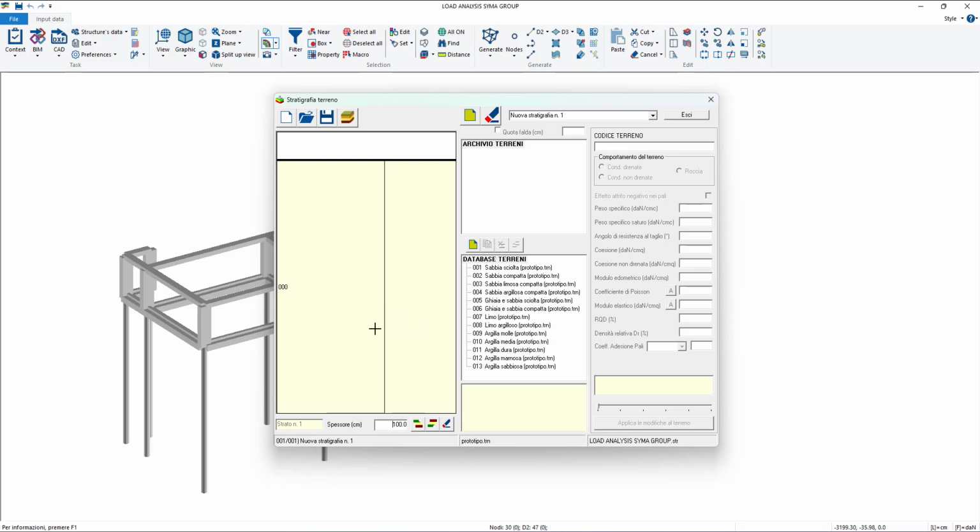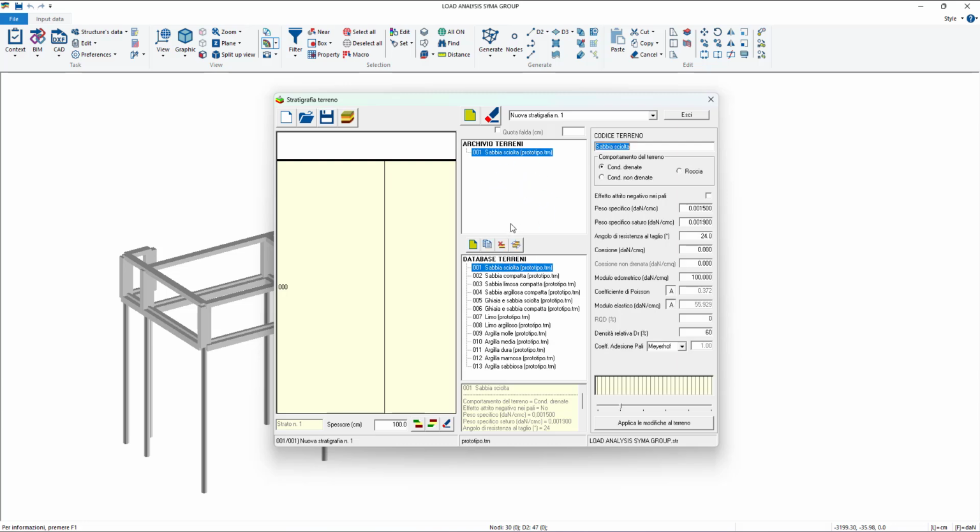So actually, we don't have any kind of stratigraphy. Here you have a database of soils that you can use, already precompiled with some properties. In order to use them, you have to grab, move and drop them on the top window, like that.